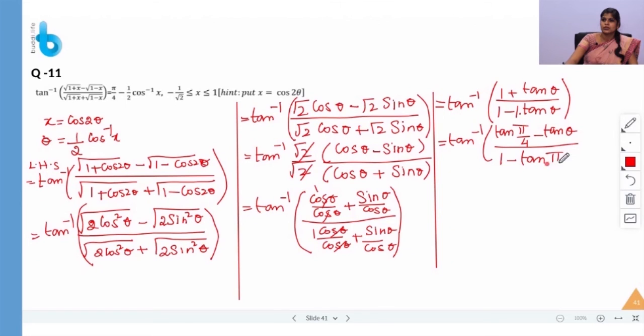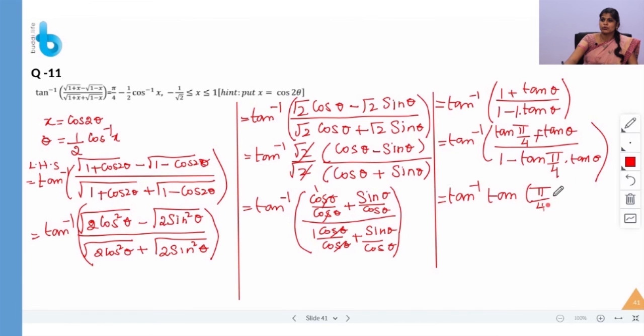So now tan inverse of, see, this is in the form of tan A minus tan B divided by 1 plus tan A tan B, right? So using this property, the whole bracket will become tan pi by 4 minus theta. Now this tan inverse will remove tan and we will be left with pi by 4 minus theta,